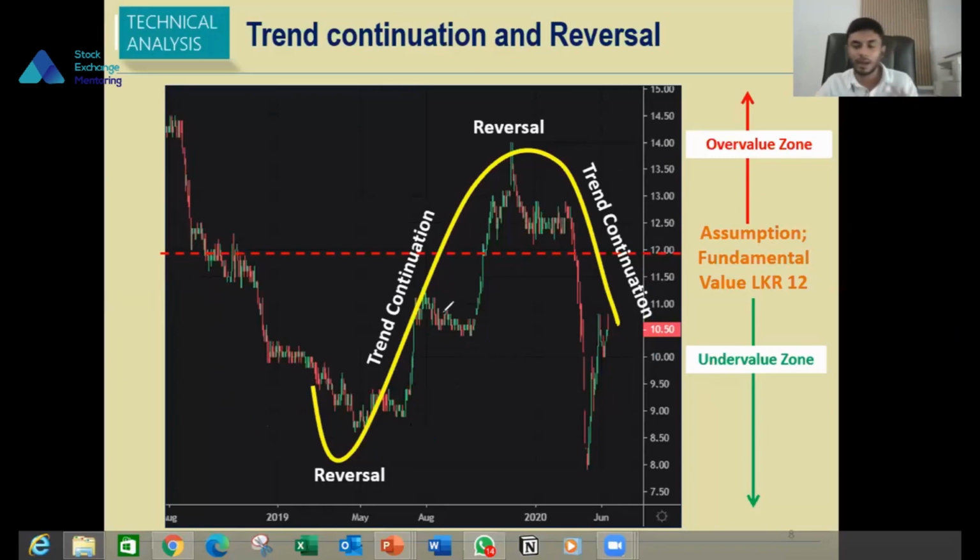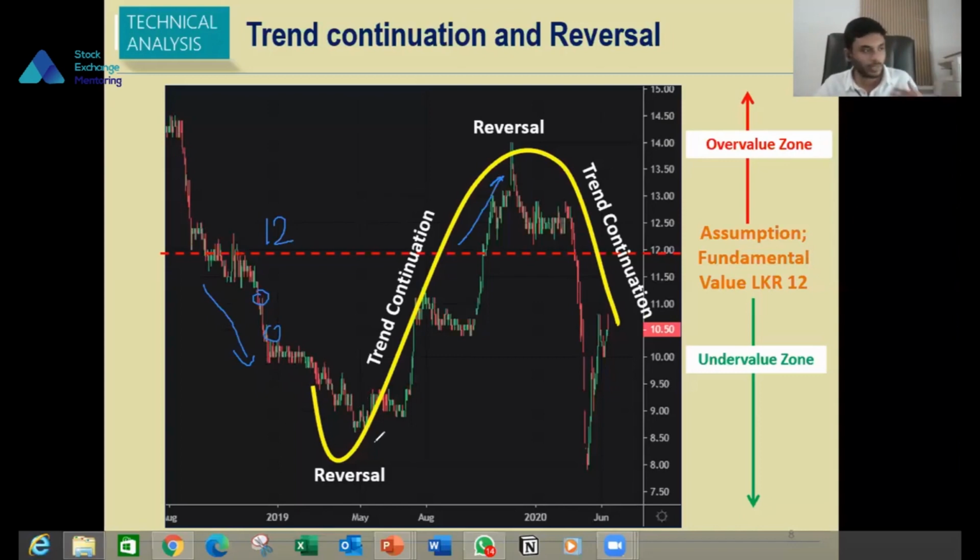Sometimes the market sentiment, due to rational or irrational reasons, can push the stock even further up after the fundamental value. To take these opportunities, technical analysis will help you see whether the market direction is still going in that same direction, so you can take that extra mile and maybe secure more profits. Also, let's say the market is going down, even if you know this is the fundamental value, you might think, okay, I'll buy here. But what if the market is still going down? Though the fundamental value is there, if the market is going down, you can't argue with the market.